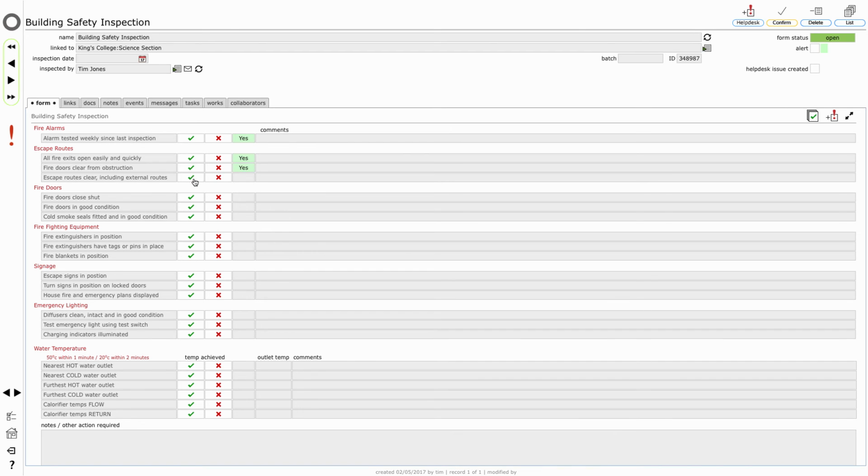So fire doors clear from obstruction, yes. Escape routes clear. Fire doors closed, shut, yes. Fire doors good condition, yes. Cold smoke seals fitted and in good condition. Well, I'm going to raise a problem here that the seal on door 1B is loose, and that will obviously